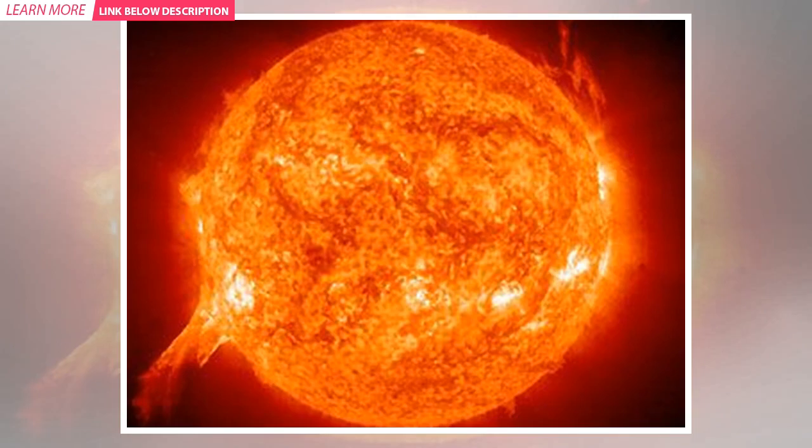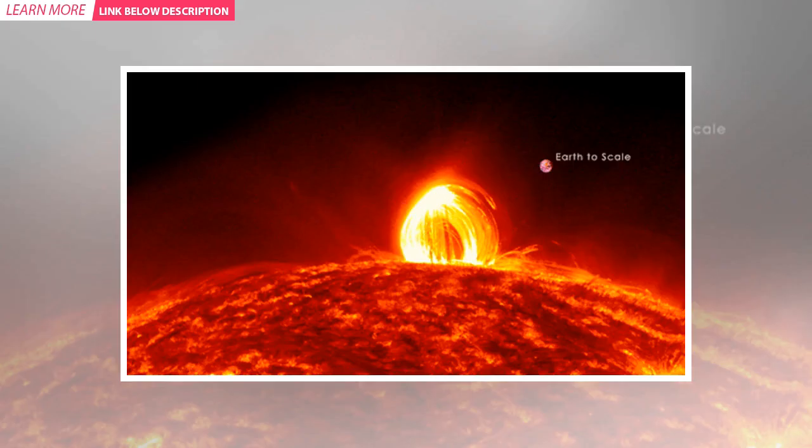That means the processes that drive these ubiquitous fountains could help explain one of the enduring mysteries of the Sun. Why is the Sun's atmosphere nearly 300 times hotter than its surface? We still don't know exactly what's heating the corona, but we know